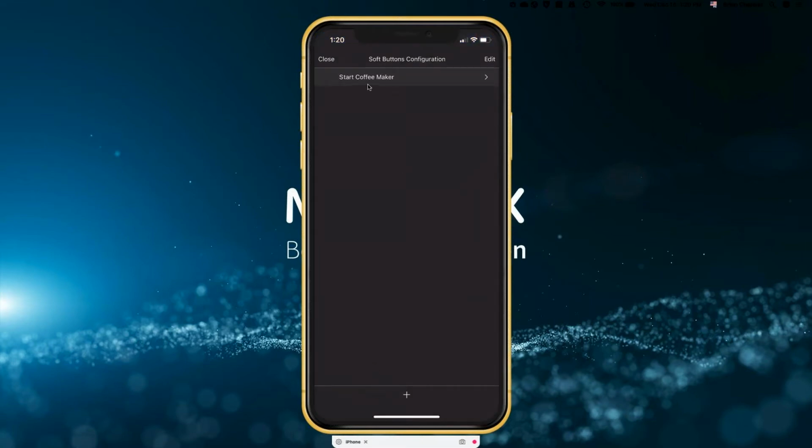So you can see I got one in here. I called it Start Coffee Maker. I mean, literally, I could do that off the back of a camera. If you think about it, I could have one of my IoT devices or one of the 6 series or 5 series utilize the MX bus to an RS-232 module or an output module, or with the 7 series utilizing the RS-232 IO box connected via the mini USB cable, and literally hook up one of those outputs to a trigger to start a coffee maker.